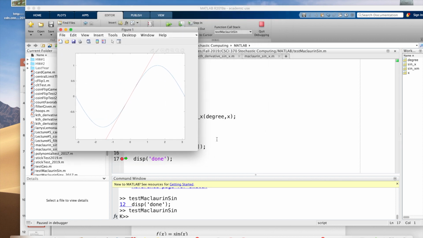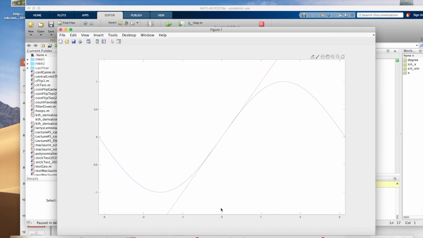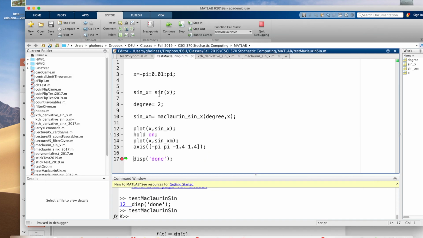So this is a second order Maclaurin approximation, and you'll notice it does a pretty lousy job. It gets some of the sine wave wiggliness, the sine wave in blue, and the red gets that part here in the middle, but it does a lousy job of turning the corner for the convex and the concave portion of the sine wave, right? So it does a horrible job for second order.